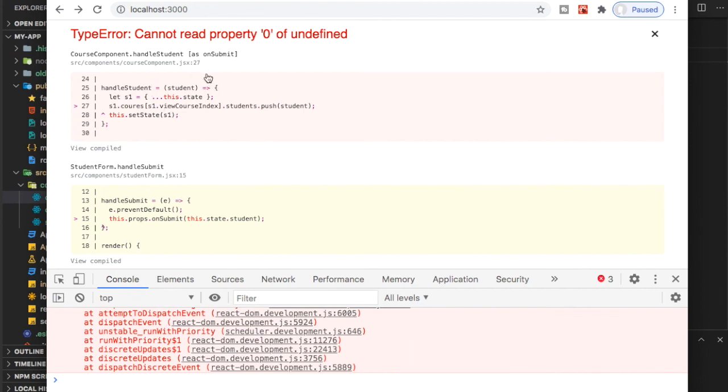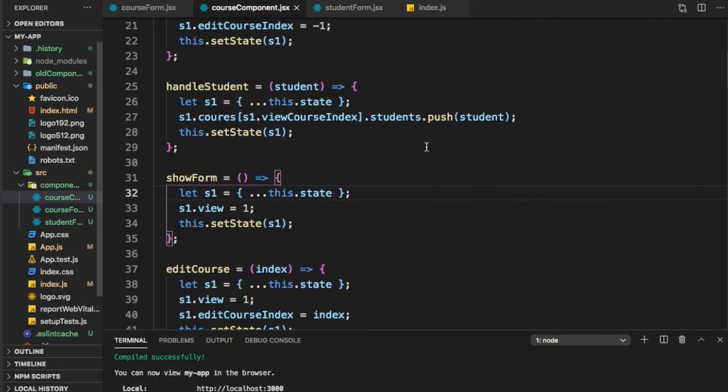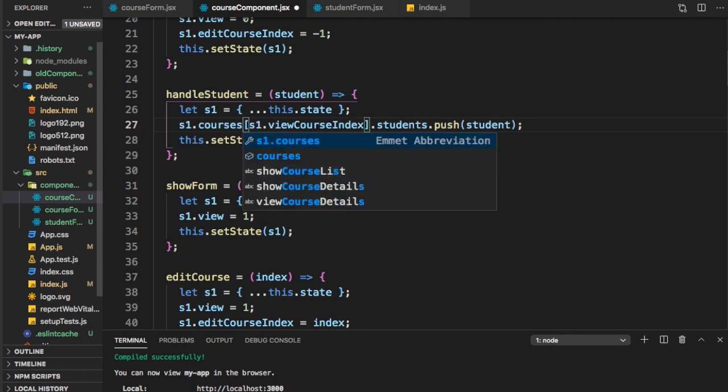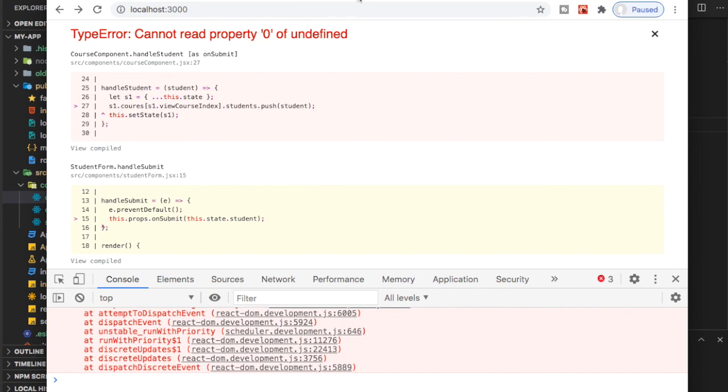So this is JSX view course S1 dot view course index. So there is an error we did. So courses S1 dot view course index. This should have been courses. Maybe that's the error. Let's test it again.